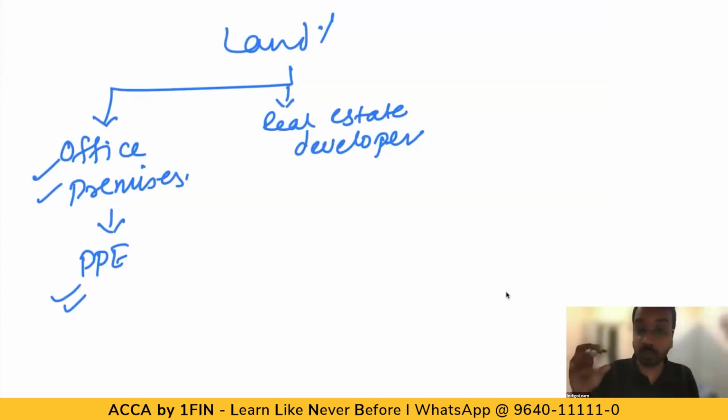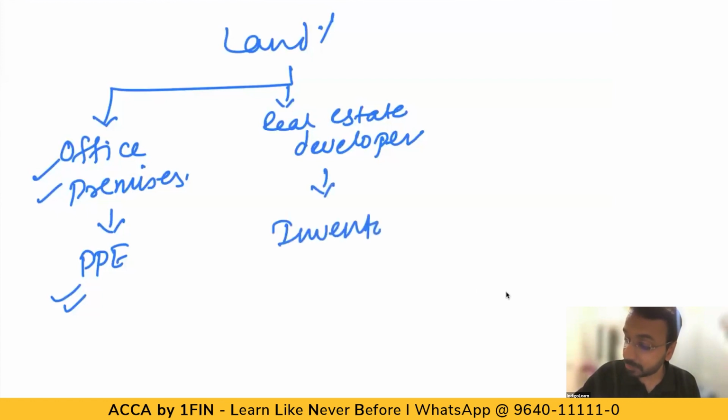If my business is to construct buildings or buy and sell land, then can I say it is an item of PPE? Okay, so if my business is to construct houses, then I will say this is my inventory. And this distinction is very important because when you were in your 12th standard, or when you did your graduation, or even at CA foundation level, whenever somebody says purchase land, the default choice is that it is an item of property, plant, and equipment.